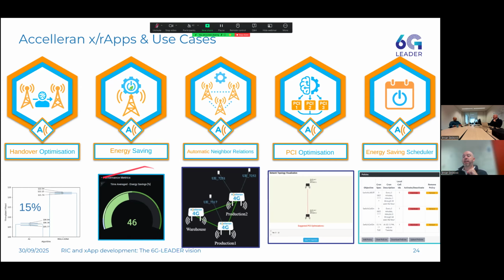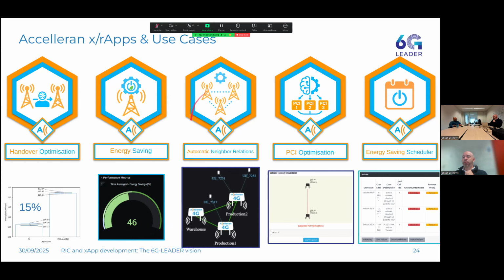And so in scenarios where, for example, we have factories or enterprise offices where for most of the night there is no one there, we can easily detect that there's a low traffic demand and easily switch off the cells. So we were able to achieve almost 46% of energy saving in one day.